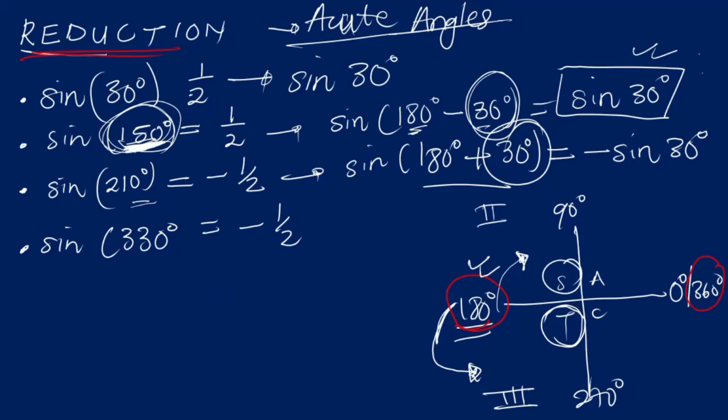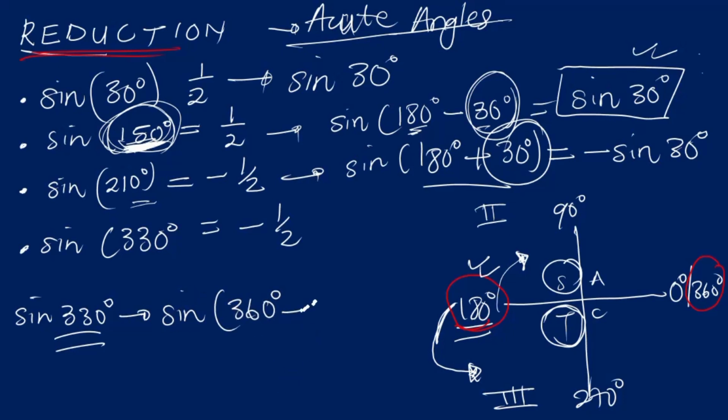So here it says the sine of 330 degrees. Again, this number is unnecessarily huge. Remember, I used the major numbers 180 and 360. I can just reduce this number by saying the sine of 360 degrees, remove 30 degrees, because it's the same as 330. And what do I get there? First, you decide. In which quadrant is this? Here is 360. When I remove 30 degrees, I'll land in this quadrant, which is